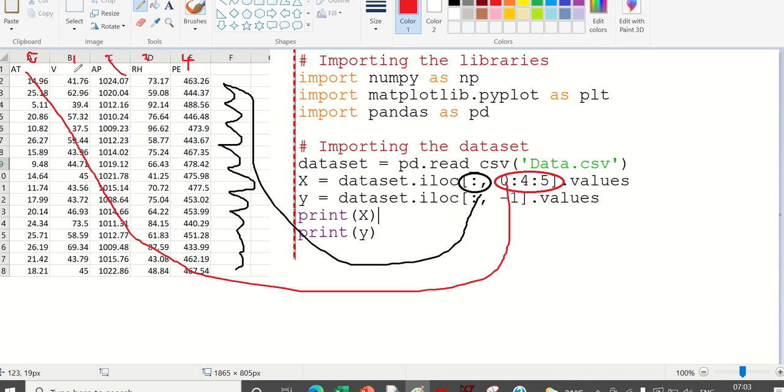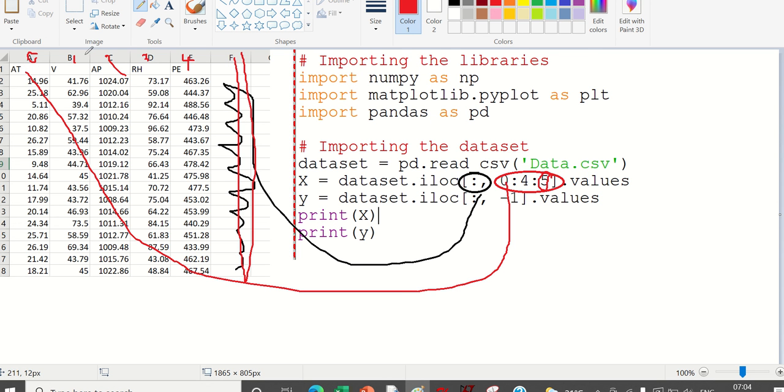How many columns are there? 1, 2, 3, 4. And what is this 5 standing for? The step size. It is telling after the 0th column, you jump to the 5th column. In the 5th column, there is no data at all, so nothing will come. So only the 0th column data came.